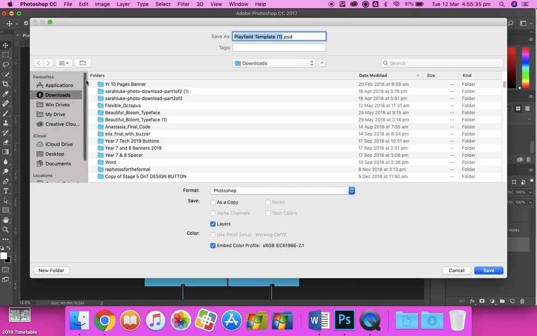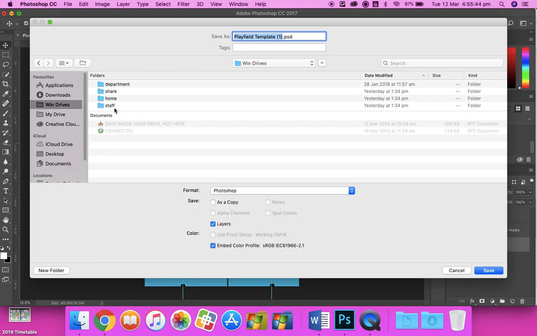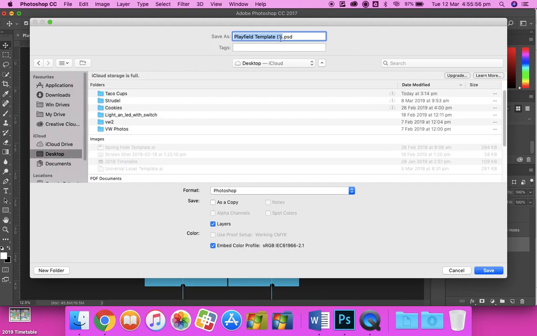Now, girls, you can save it to your shared folder. So if you go to WinDrives, you should have a folder in there that has your name on it, or your first initial and your last name. So click on that and save it in there. I'm just going to pop mine on the desktop for now, and I'm going to call it, so if I delete that,